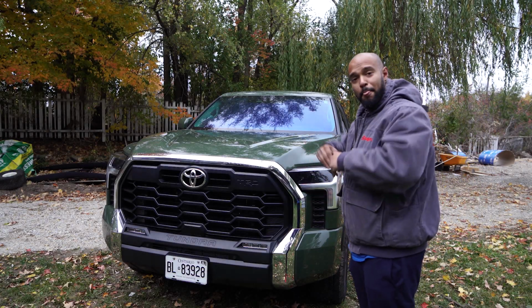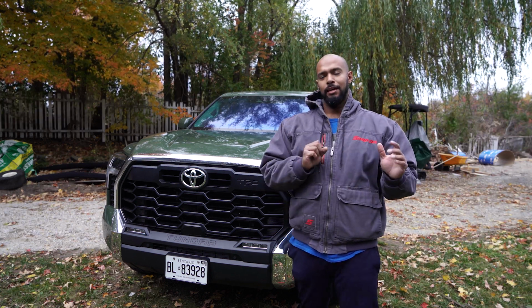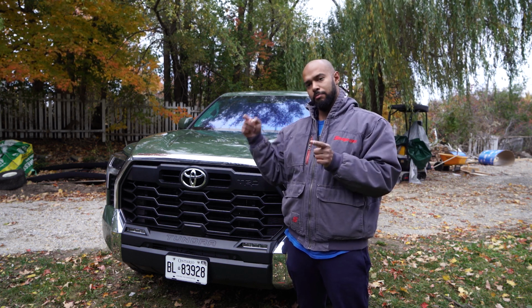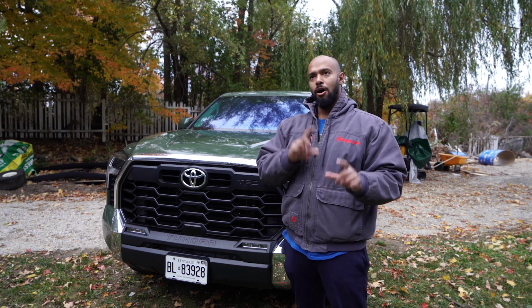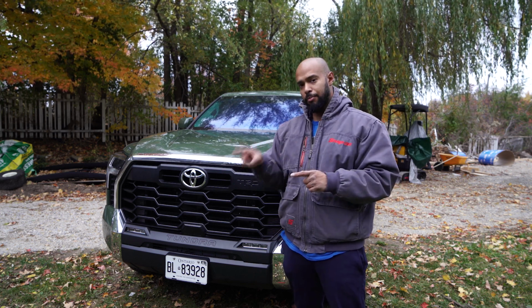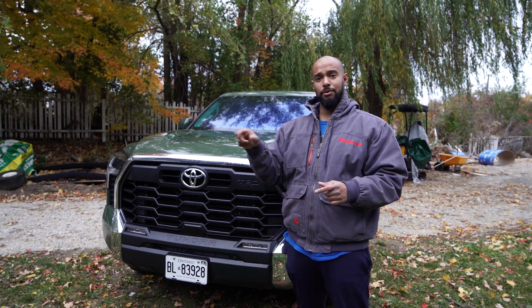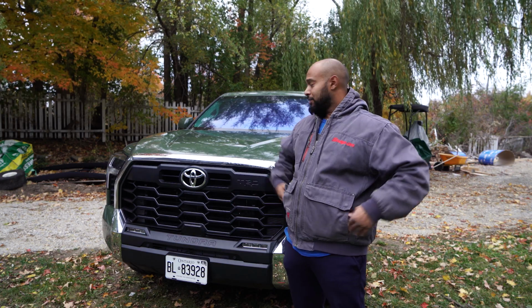So, ta-da! This is a 2023 Toyota Tundra SR5 with the CrewMax package. Basically that means bigger doors, bigger space in the back, with a 5.5 foot bed. With the TRD Off-Road package, it's not the TRD Pro, but that's what everybody wants. The next one down is the Off-Road, and right beside it is the TRD Street package. So let's talk about